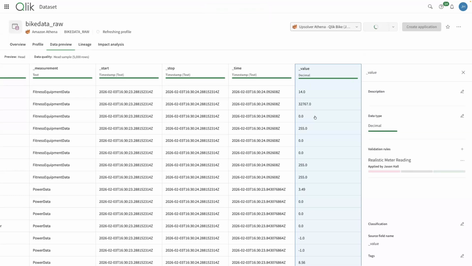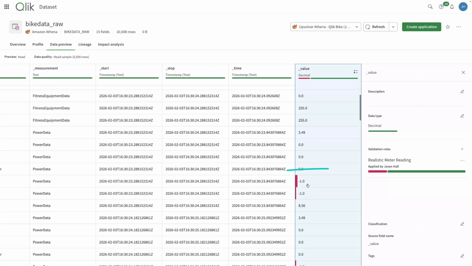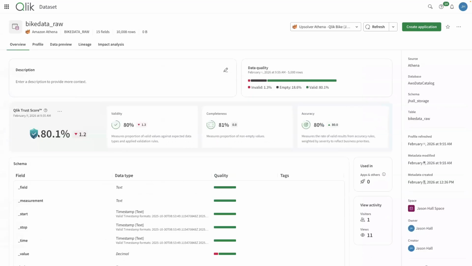And this can be helpful. One, I want to be confident that it's a valid meter reading, right? And you can see now it's flagged some that are invalid. Here's a reading of over 32,000. Here's a reading of -1. That's not how bikes work, right? So we've got some faulty readings in here. It's affected the trust score. You can see it's dragged the trust score down. And maybe this now gives me some guidance on ways that I can transform this data within the pipeline to get a better, higher quality data set downstream.